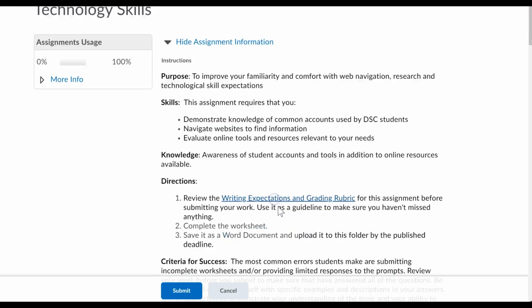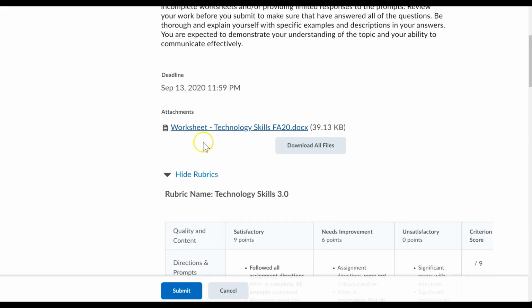As you scroll down, you'll be able to see the actual worksheet itself, just like the link that you saw on the previous page. What you want to do is click on that link to open that file. You can also download it, but you want to keep it as a Word file. If you do not have Microsoft Word on your current computer, then you want to make sure that you're using Office 365 to open this document, or you download Microsoft Office, and you can do that for free.